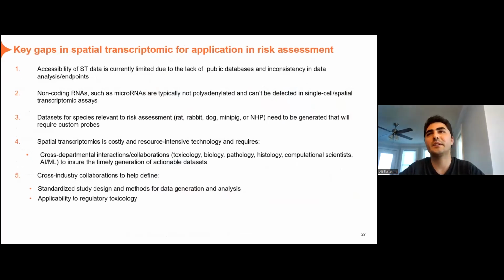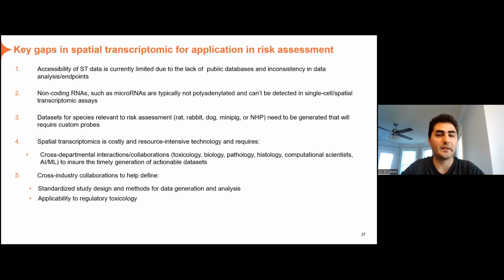On the other hand, these techniques are only able to visualize mRNA, but you can't do non-coding RNAs or microRNAs, because the technology often needs the poly-A to be able to bind, and that's something that will be important for